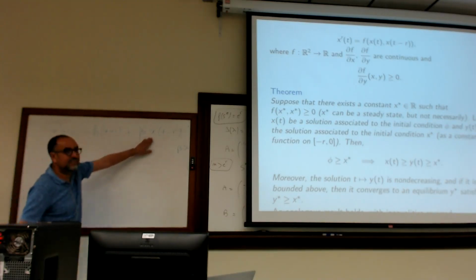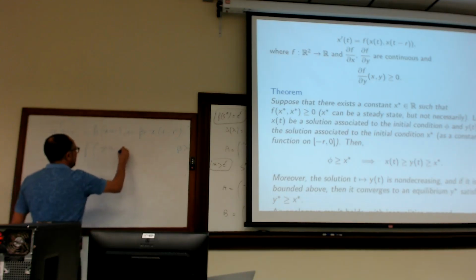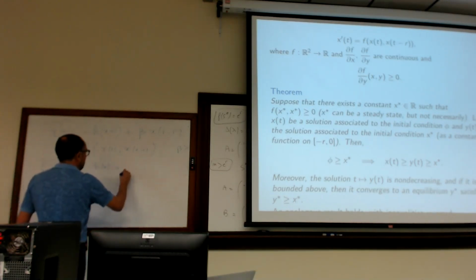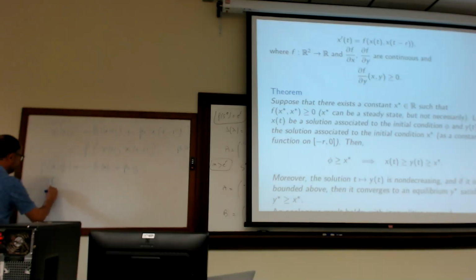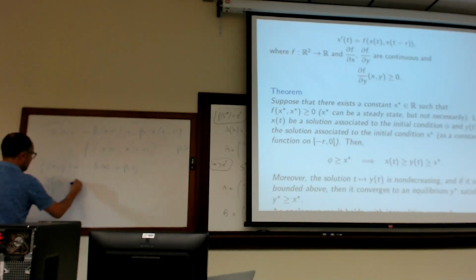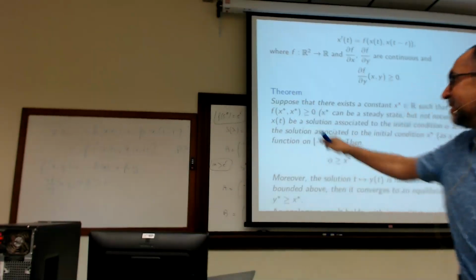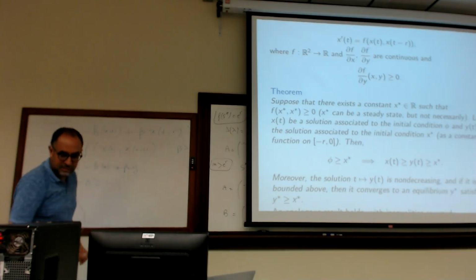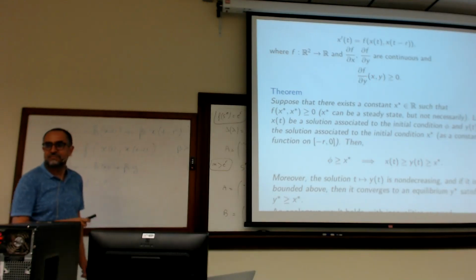If this is linear here, the function f of x of t and x of t minus r is f of x, y given by minus h of x plus beta y. You see it's linear in terms of y, then the derivative of f in terms of y is beta, and it's always positive. Okay, if you put on the delay something linear with a positive constant, this property is satisfied all the time.